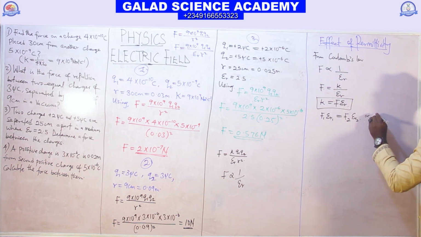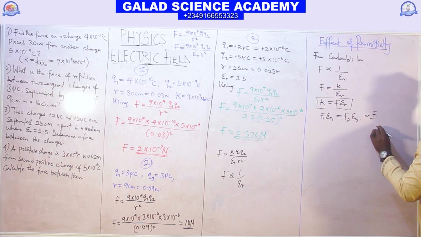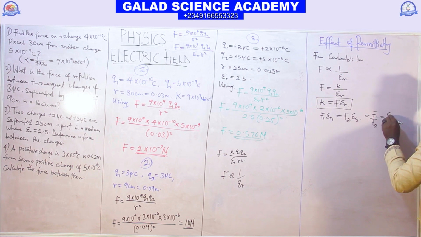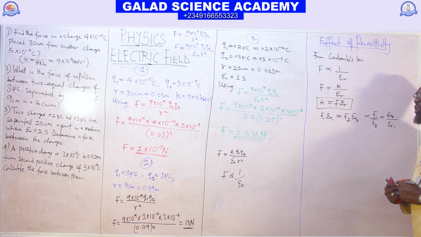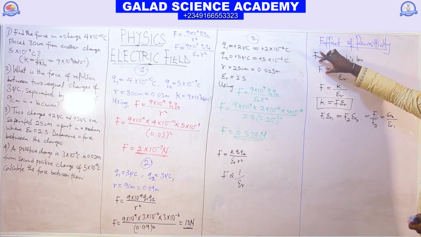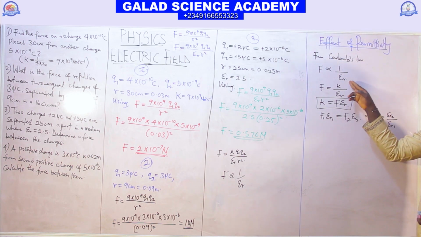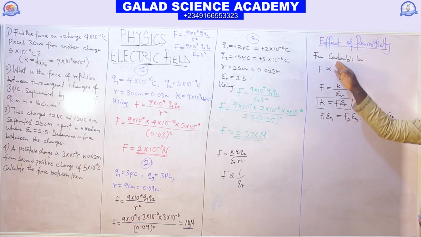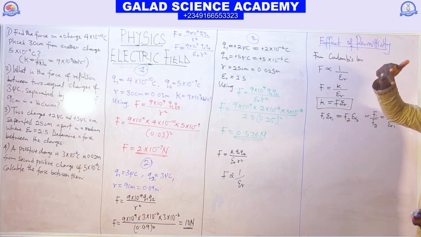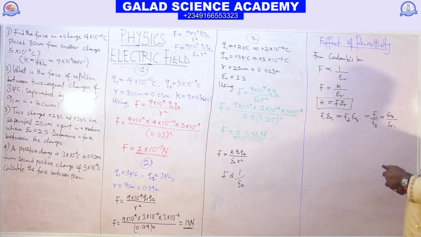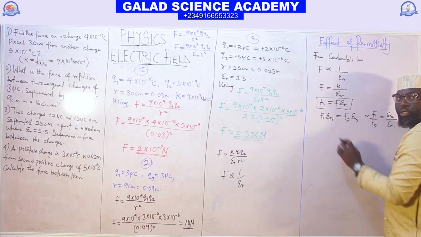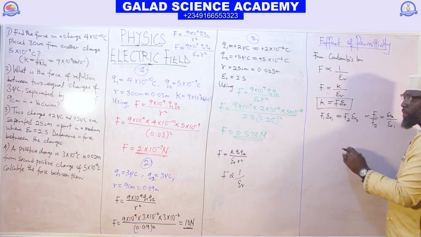Or we can have it in this form: F1, F2 should be E2, permittivity of 1. But from this proportional relationship between the electric force and the permittivity of a medium, the force is the reciprocal of the permittivity of the medium. So this relationship tells us that